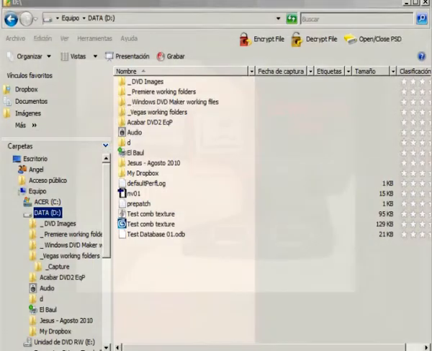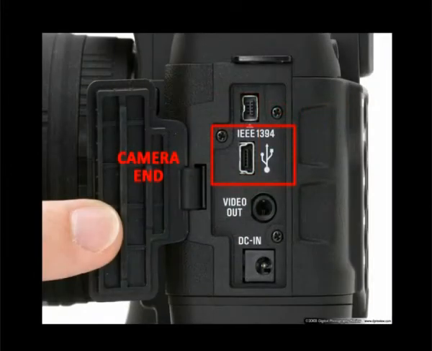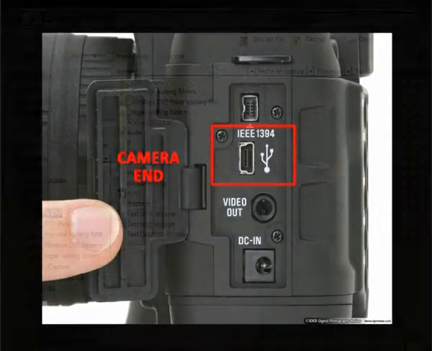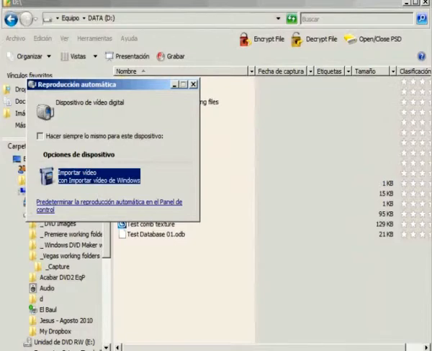For that we need an IEEE 1394 connector. It's commonly called a firewire connector. We connect the camera to the computer with that wire, and then turn the camera on to videotape recorder mode, VTR mode. Now, once we do that, we may be prompted to use a different